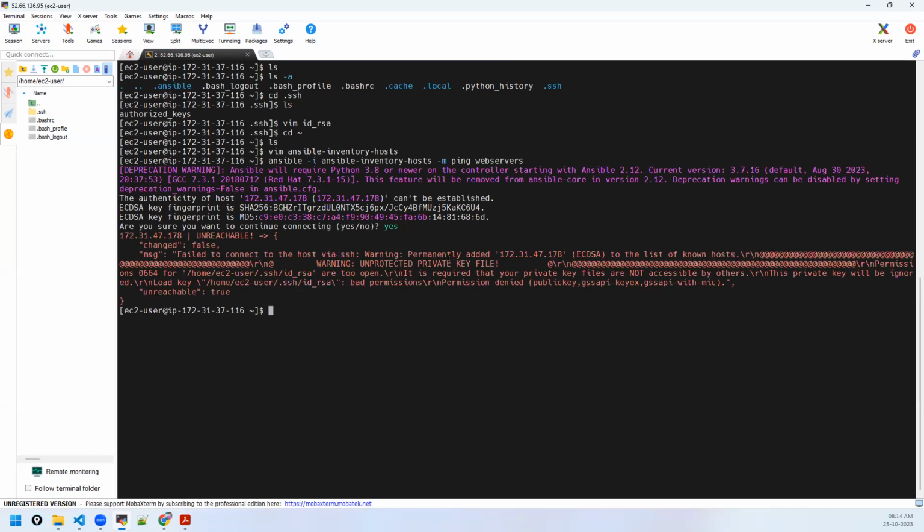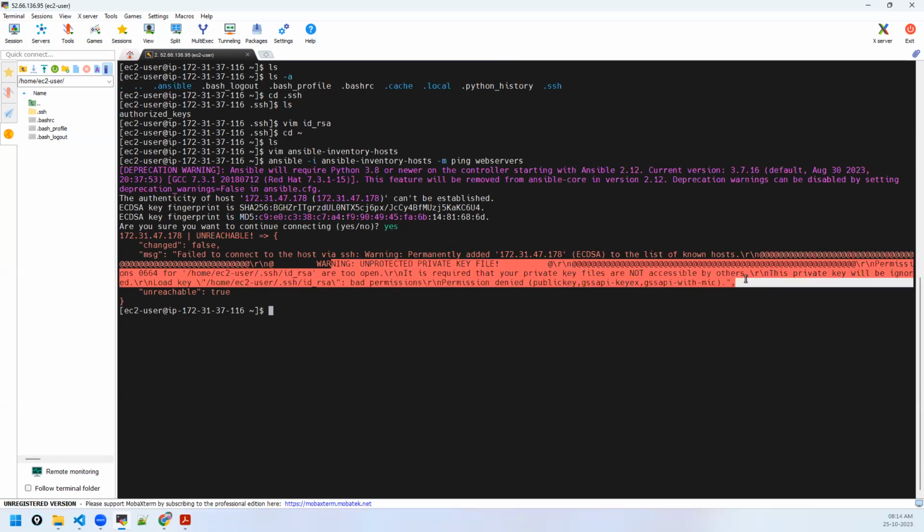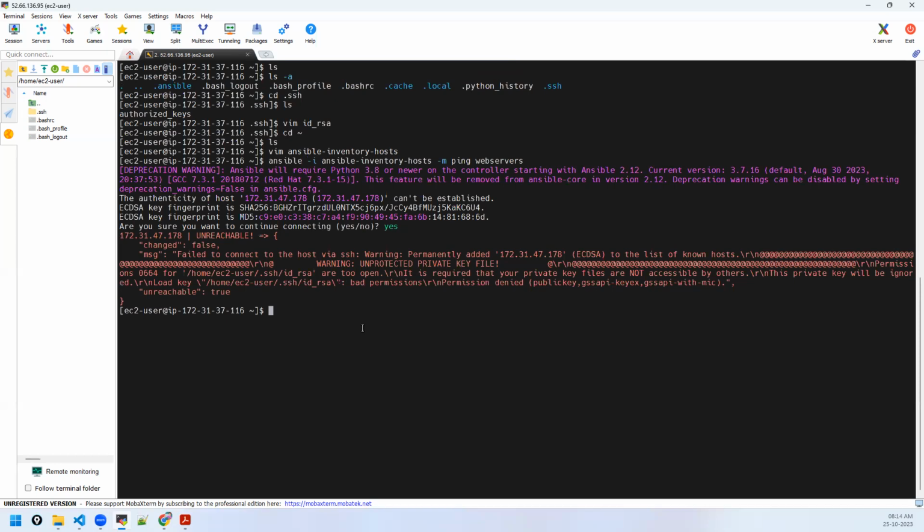Yes. It says unreachable and it says unprotected private key file. The file should not be accessible by others. Permissions are too open. Let me change the file permissions as chmod 400, and the file is under .ssh/id_rsa.